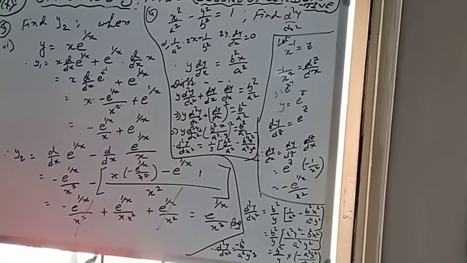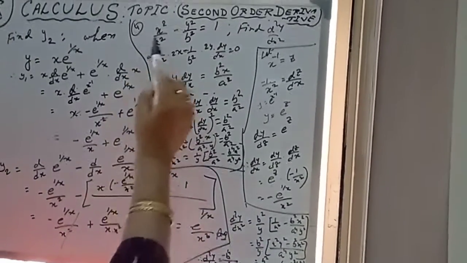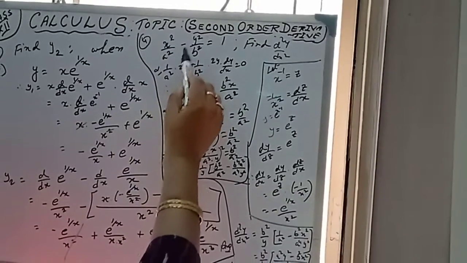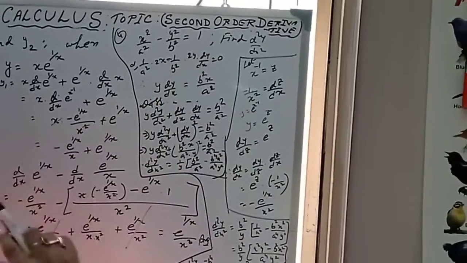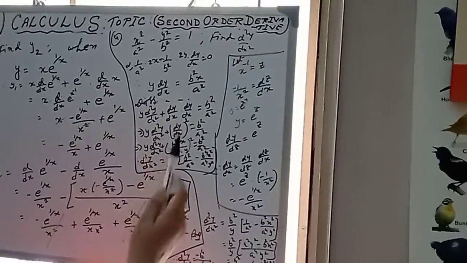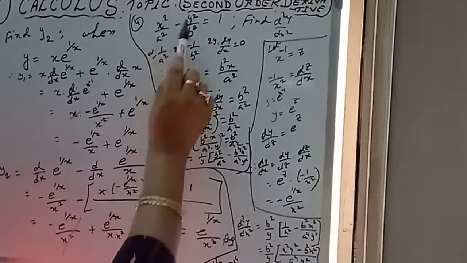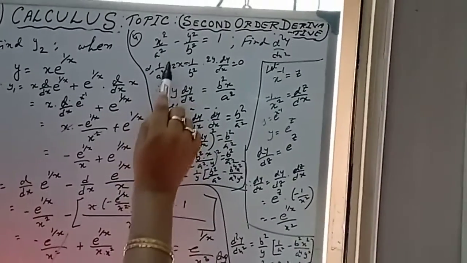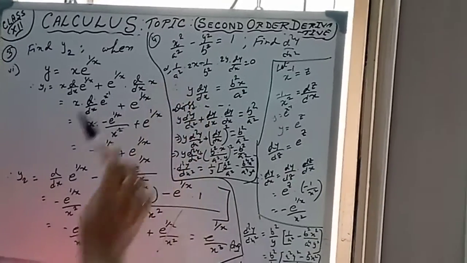Okay. Now next is sum number 4. x square by a square minus y square by b square is equal to 1. We have to find d2y/dx2. Now d/dx of this part means 1 by a square, as 1 by a square